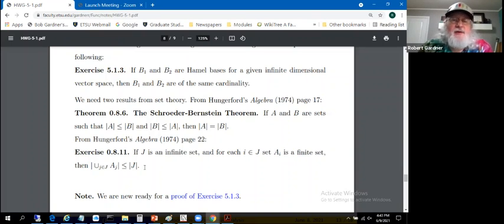So the idea here is, in some sense, think of J as an indexing set. It certainly is here, the way we've used it. For every index in J, there's associated a little finite set. When you union up all those little finite sets, you get a set with cardinality less than or equal to the indexing set. That might seem a little